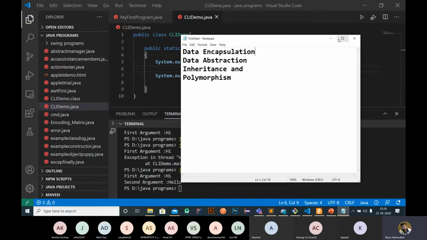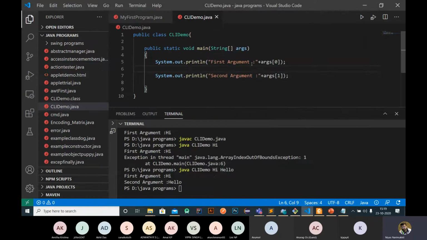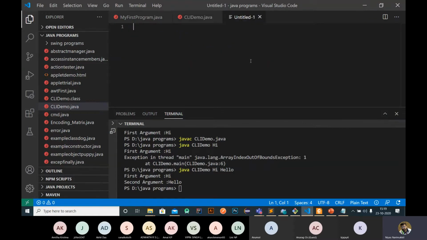For example, I will show an example program. Okay, so data encapsulation is basically to provide the security aspect. For example, I will create another program here.